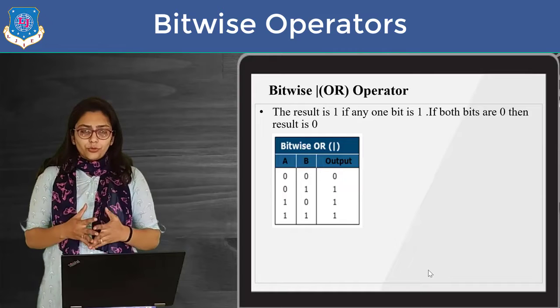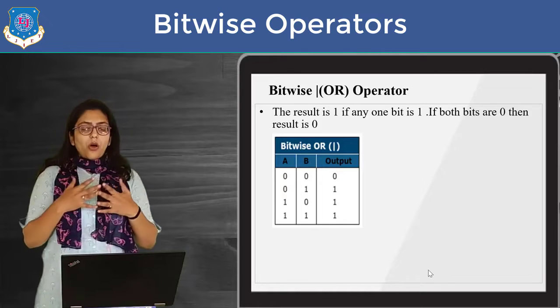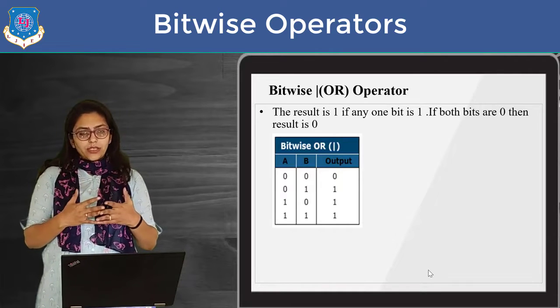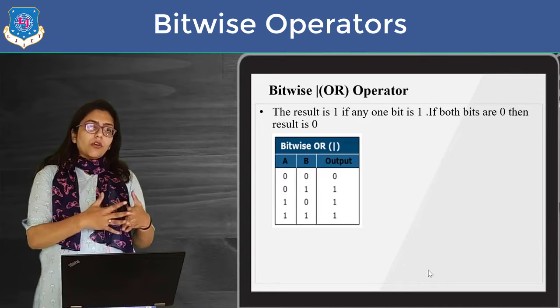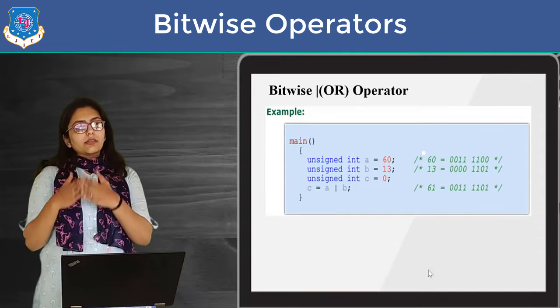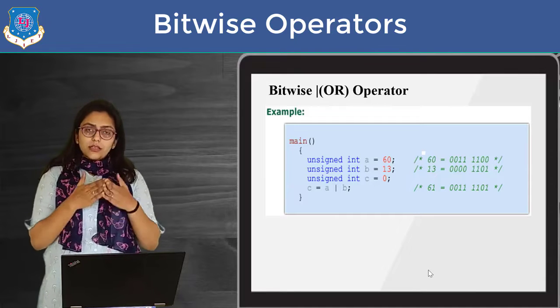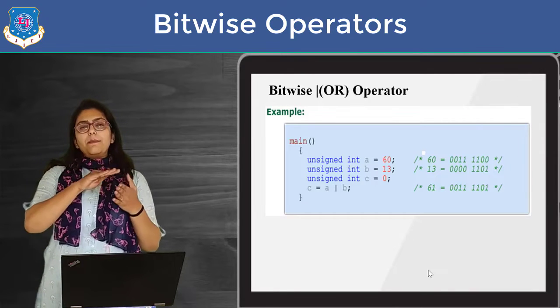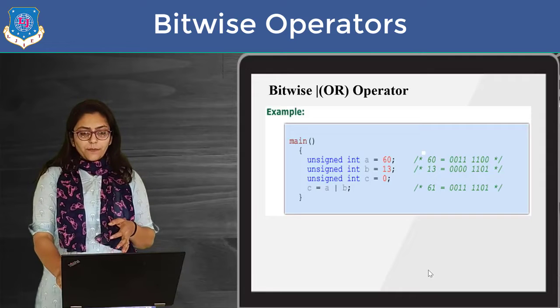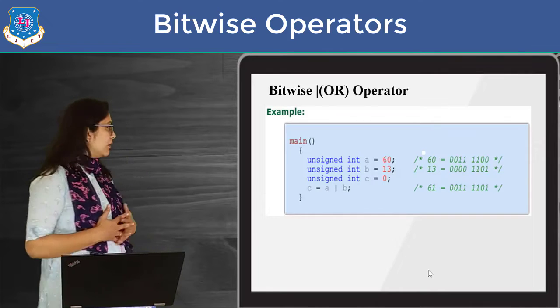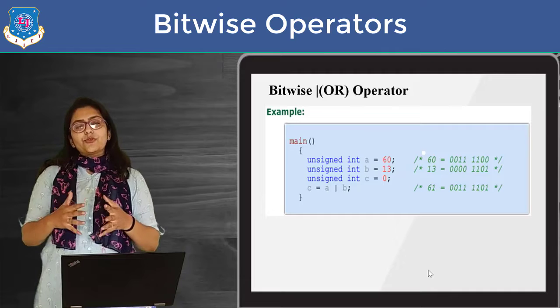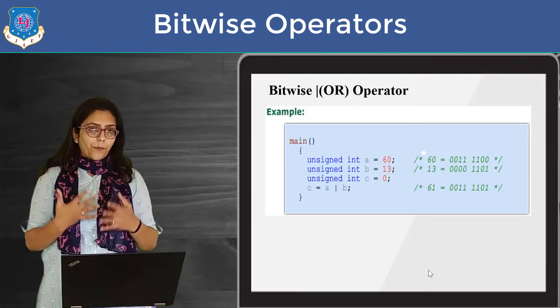Now you can see the truth table over here. In logical OR, I have already talked about this, that even if one of the inputs is 1, then the result will be 1. If all of the inputs are 0, then the result will be 0. So it is like the parallel connection of the bulbs. So you can see the program over here, which can be used to demonstrate how exactly this OR operator can